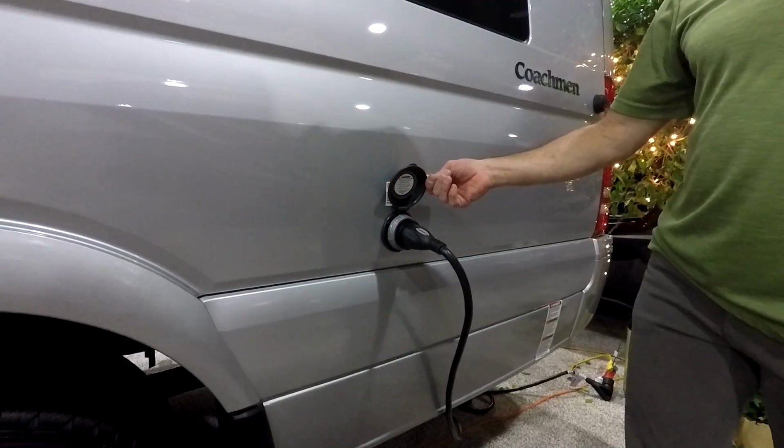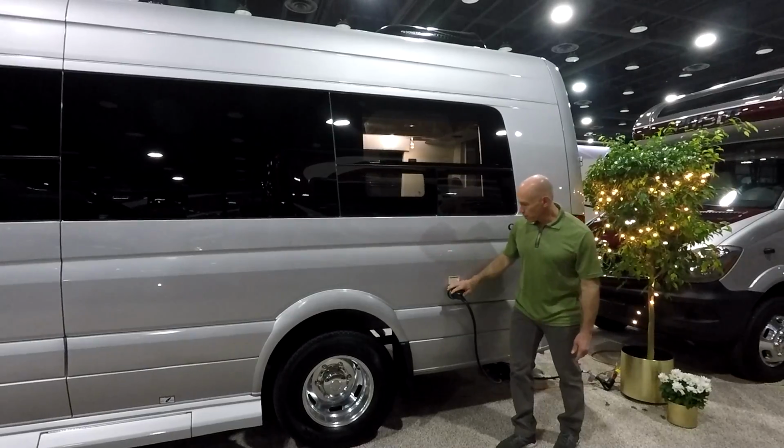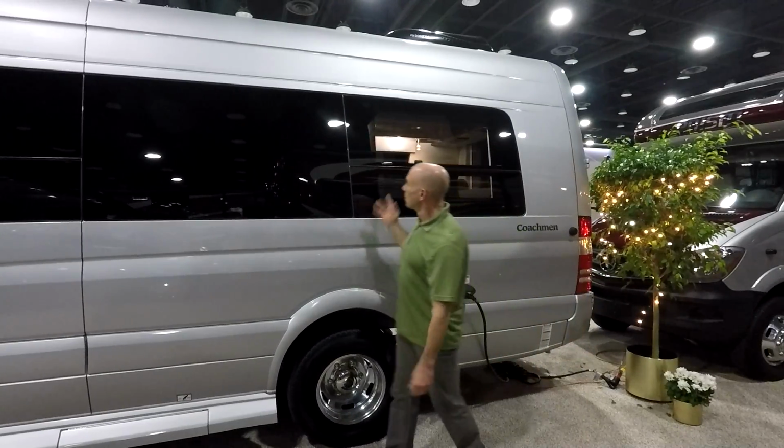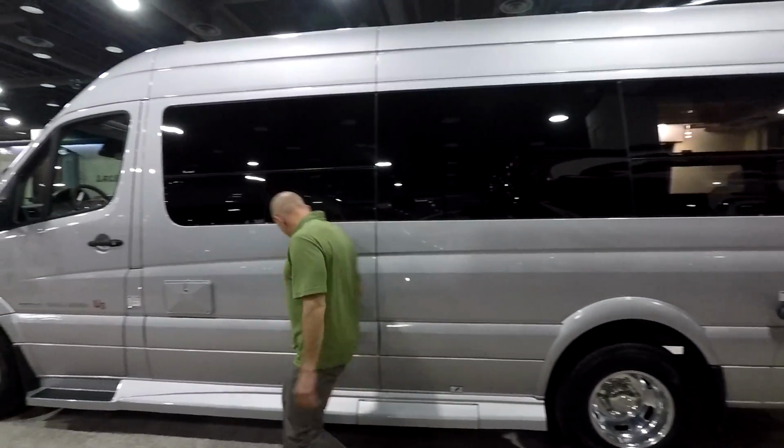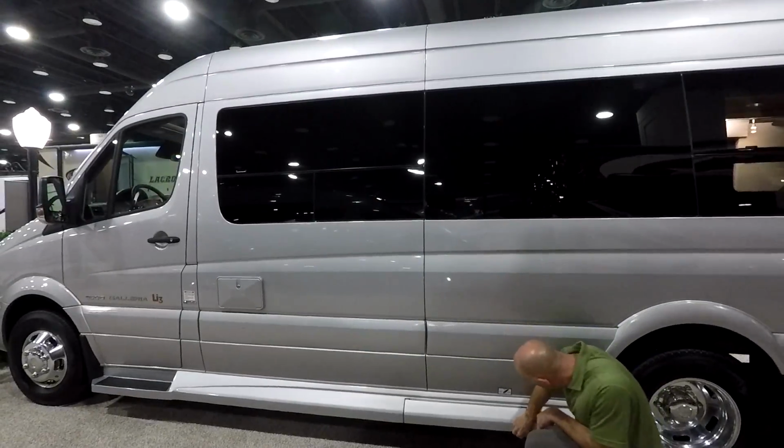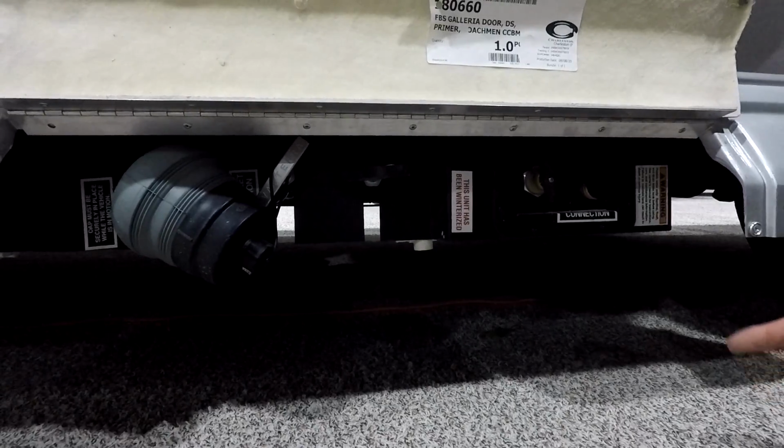All right, so here's a fairly standard 30-amp shore power connection with a locking ring. Okay. More windows. So that Dometic Penguin, by the way, it's the first of the things they've copied from us. We'll get to that. All right, a service center down here. Right, now...